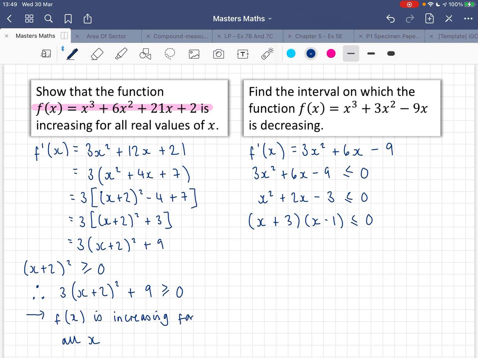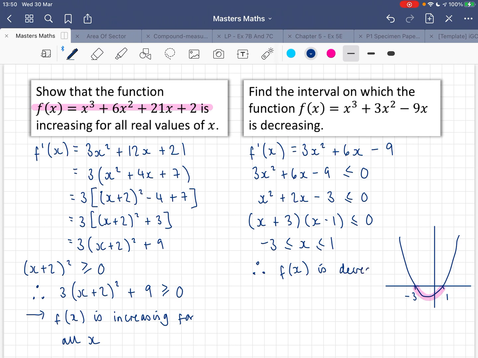If I do a quick sketch just to show where we're looking at, it's a quadratic inequality. It's a positive quadratic, so it looks something like that. Actually, this would be negative 3. This would be positive 1. And we are looking at where it is less than 0, so we're looking underneath the x-axis. So our solution is x is between minus 3 and 1. Therefore, f of x is decreasing